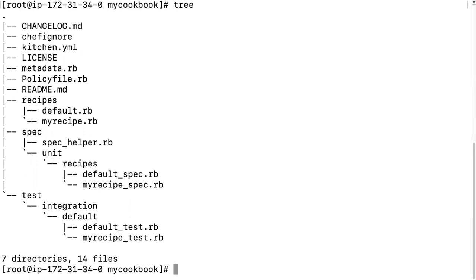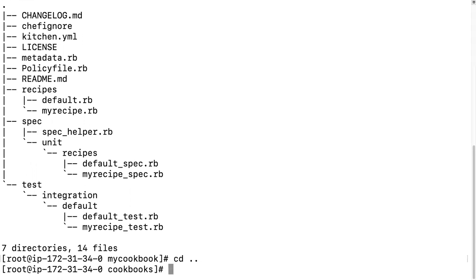Whenever I need to make changes to my recipe, or write code for my cookbook, I need to go one step back with cd .. Here we write code with the Vim tool. Vim, you know very well, is an editor tool. My cookbook and my recipe.